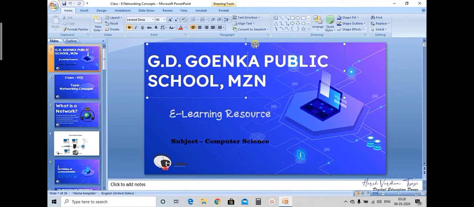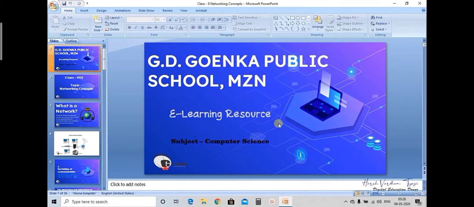Transition means that when one slide changes after the other, the effect of how one slide is exiting and the other slide is appearing, that is called transition effect. Now let's do it with the help of an example. Okay, fine. So this is my first slide, and I will apply animation effects on all the text and images or objects here.